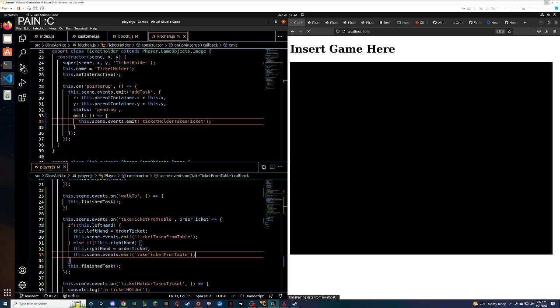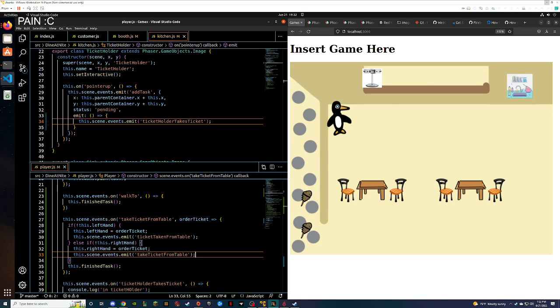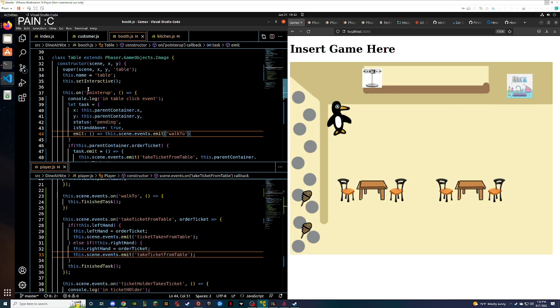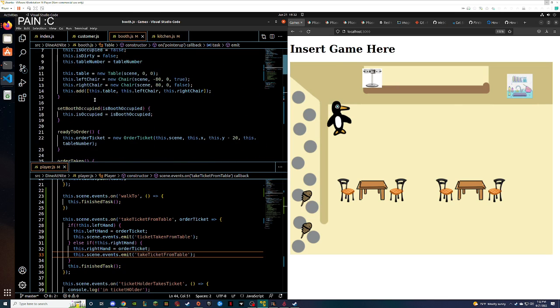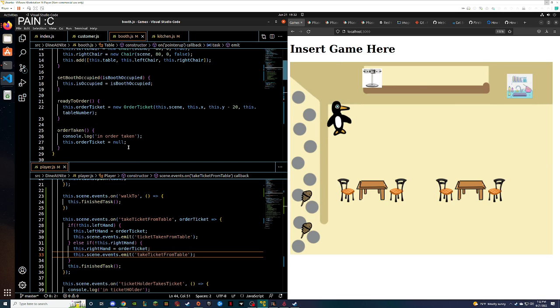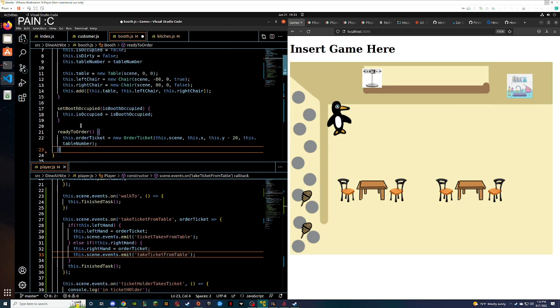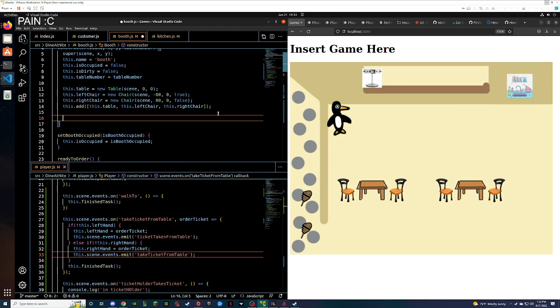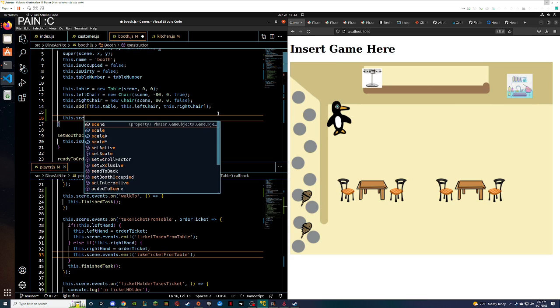Now this is pretty much going to turn order tickets to null. Go back to booth. So we don't need that anymore. This is going to get changed to the emitter. I hope I'm doing this right.